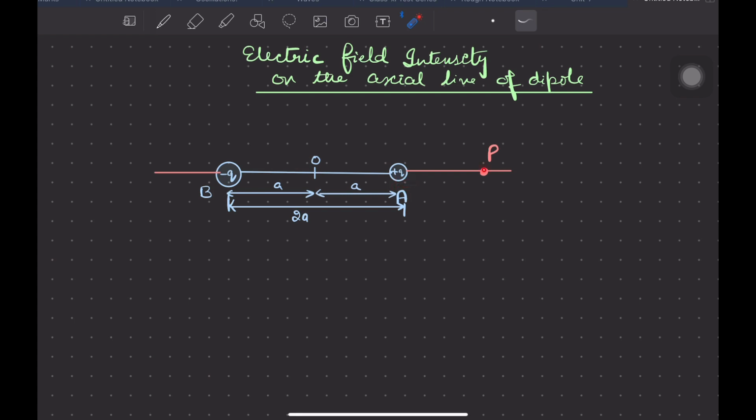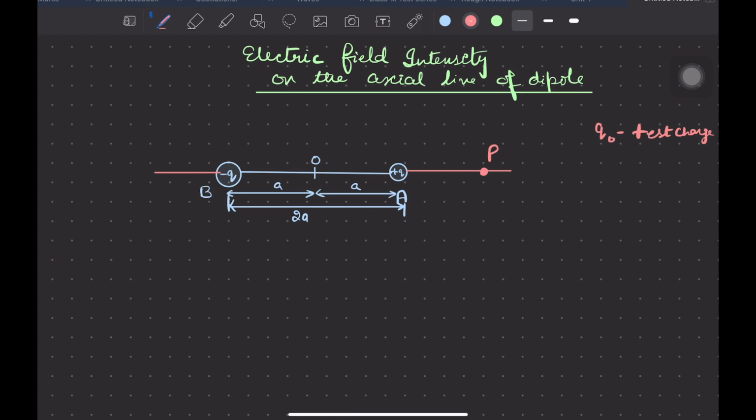So just for convenience, let us place plus q naught charge at point P, such that this q naught charge is a test charge. And what is a test charge? As you are already aware, a charge is said to be a test charge if its electric field does not interfere with the electric field of a source charge. So let us say here we have placed a unit positive test charge at point P.